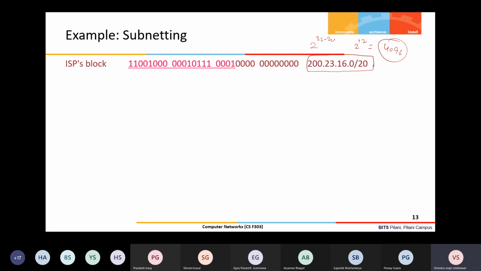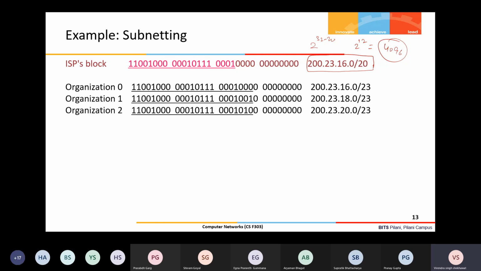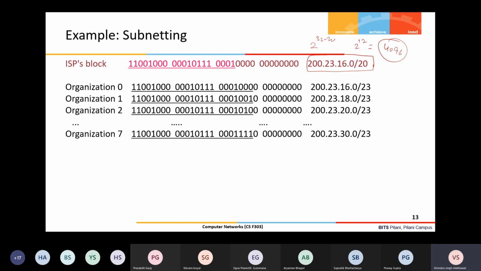Okay, so now let us say the large block which is assigned to the service provider, it is giving to 8 organizations. Let us assume that every organization is given the same block size, to make our problem initially simple. So this 4096 needs to be divided into 8. So what will it be? 512 for each of the total 8 organizations.